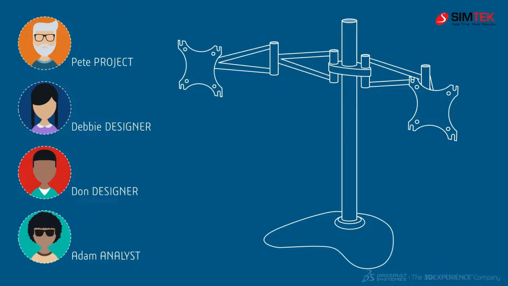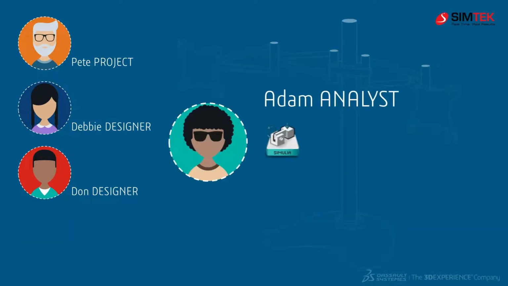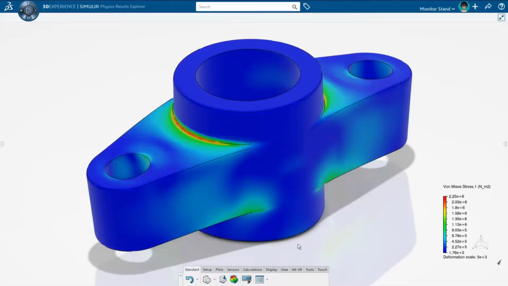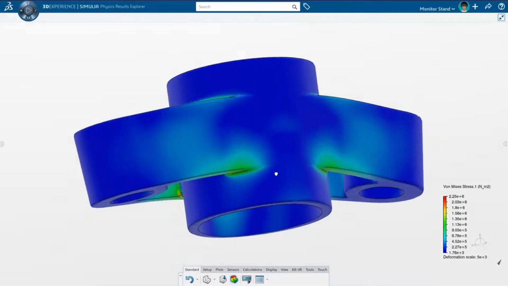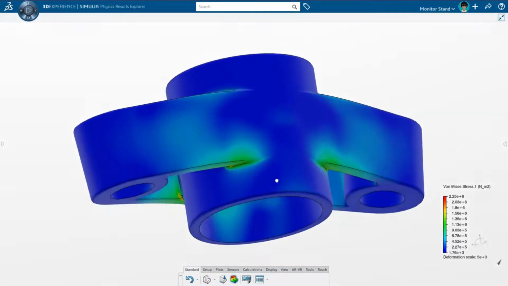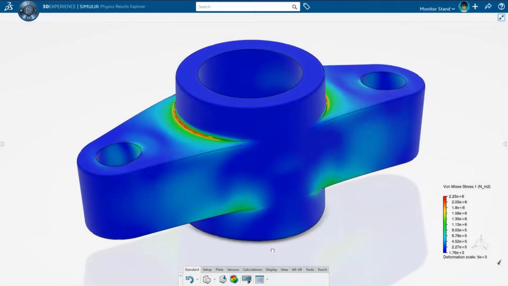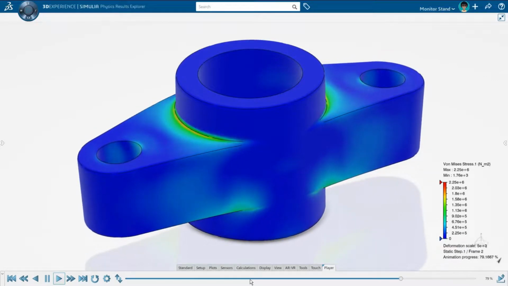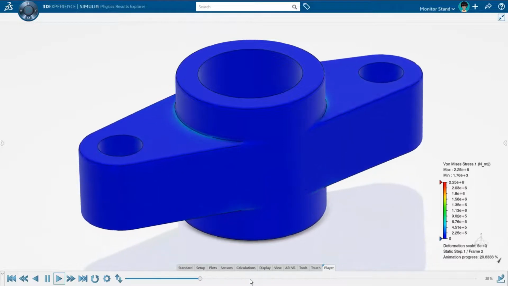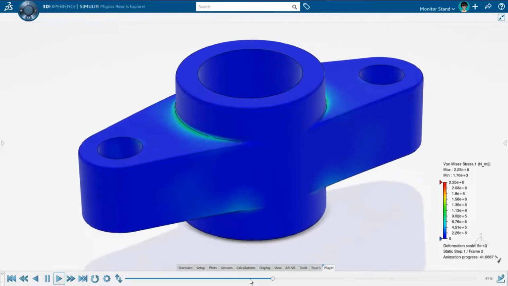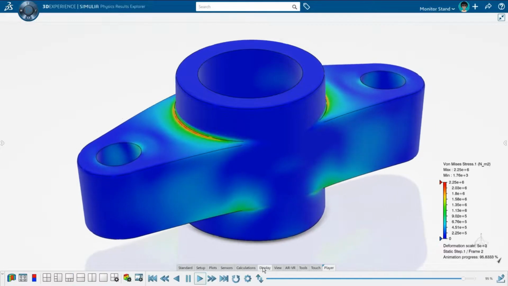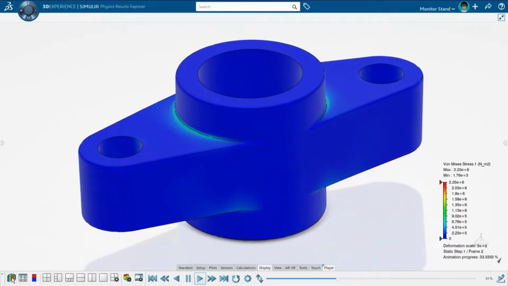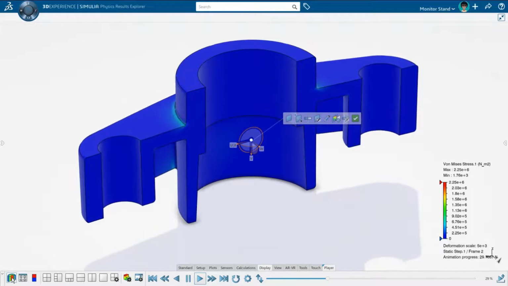But before we release the project to the client, we want to do a quick analysis on any structural components. Since Adam is part of the community, he sees when Derby completes her design using the simulation tools on the 3DExperience platform. Adam opens Derby's bracket and sets up a quick study simulation that forces two large monitors on the part. Derby is able to validate the part and ensure the stress, factor of safety, and displacement are within allowable